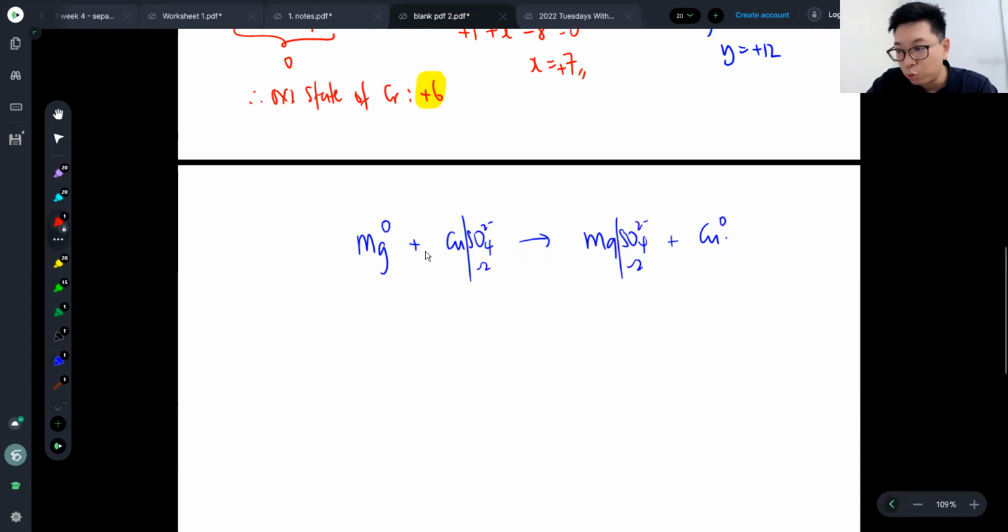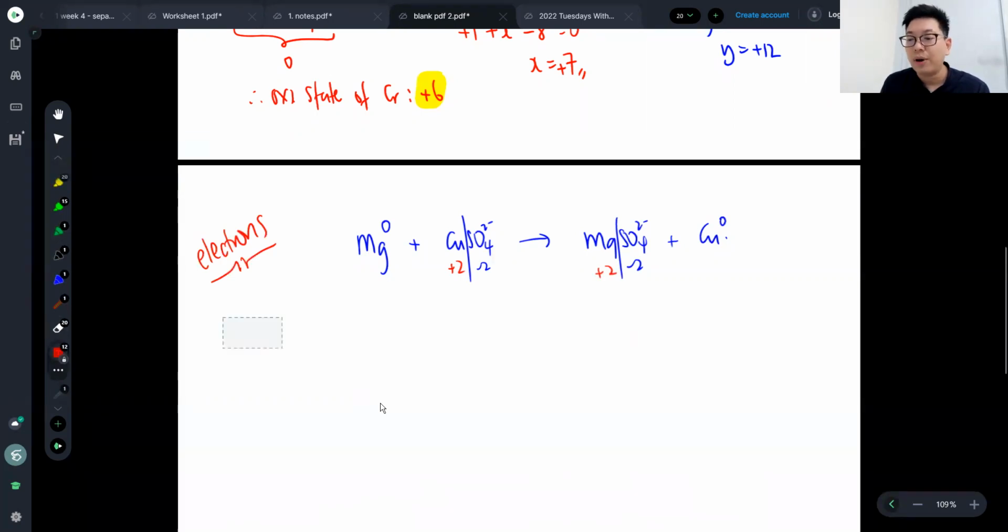Magnesium, a group 2 metal, is +2, and copper(II) is +2. Now I'm doing electrons. Some students will ask, teacher, what are you filling in oxidation state for? Now, I know this sounds a bit wrong, but I encourage you to play cheat. When asked to explain redox in terms of electrons,